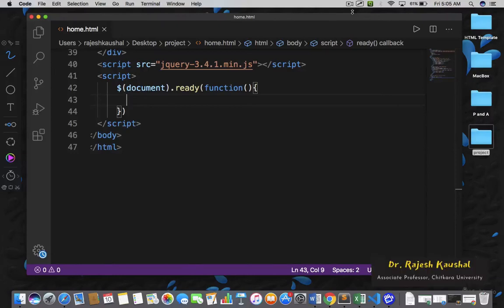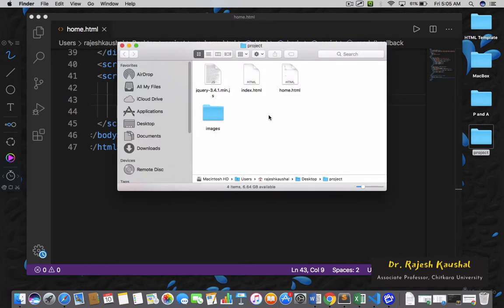Welcome back. In this lecture, I will explain how to make an image slider. To make an image slider, first you need to download some images. So you know that you already have a project folder. Double click on the project folder, and within the project folder you need to make an images folder, and